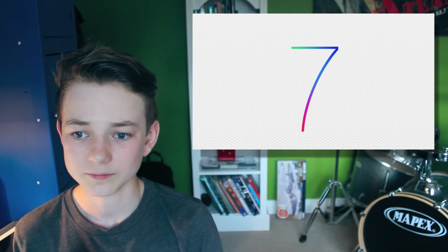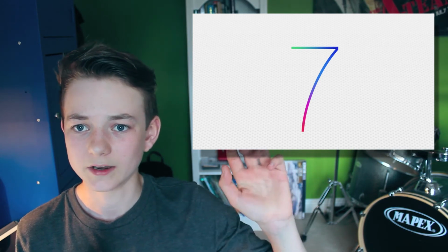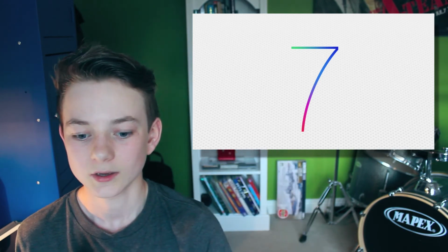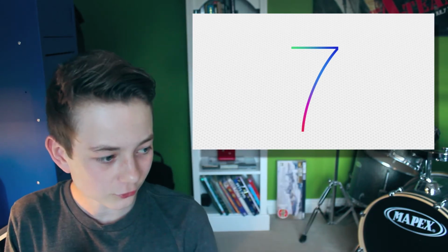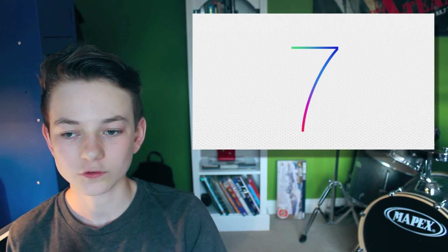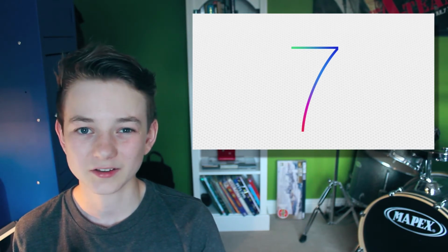they're just fun now. So when you close an app, it zooms out and then it zooms back in again when you open it. When you slide to unlock, all the apps are bunched onto the screen, and it just looks really neat and playful and not boring and stuck up like the